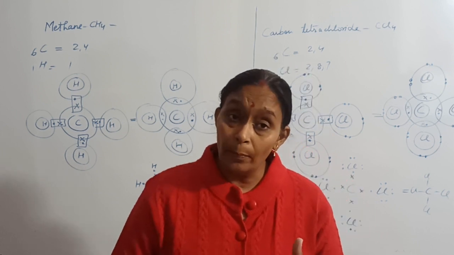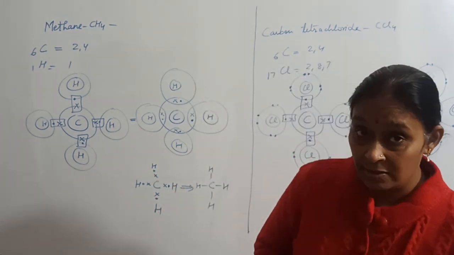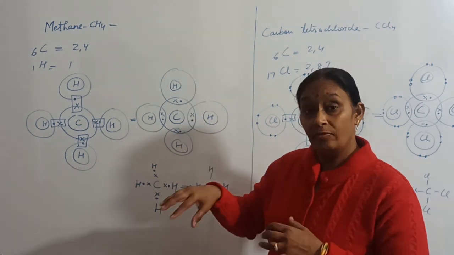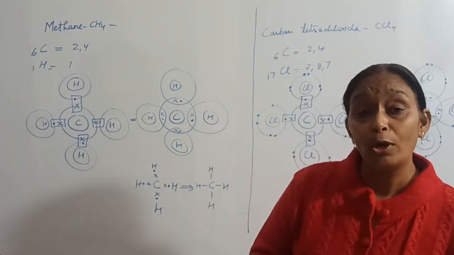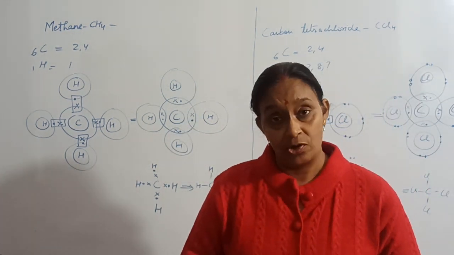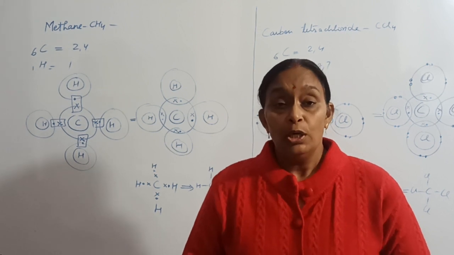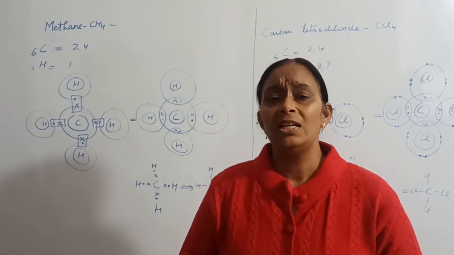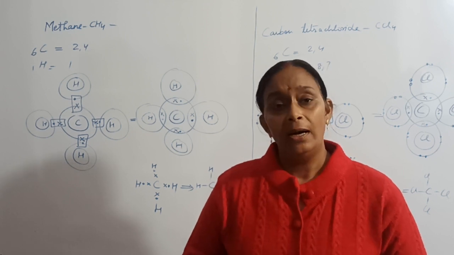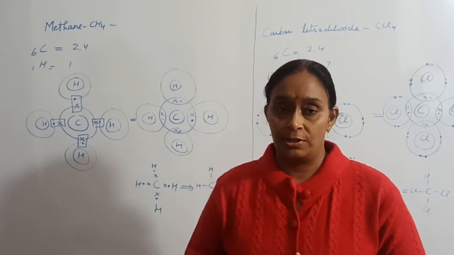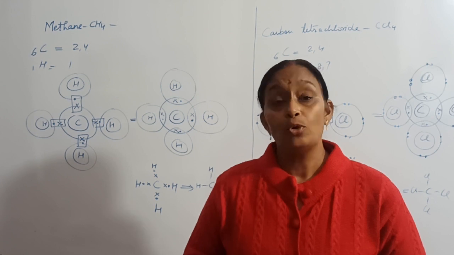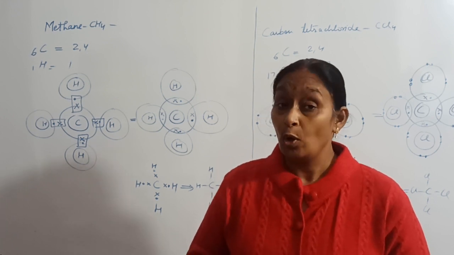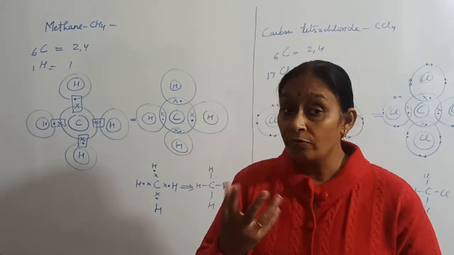While covalent compounds are not formed of ions, they are formed of molecules. The molecules do not have strong forces of attraction. They have weaker forces. So covalent compounds, if they are solids, are very soft solids, and otherwise they exist in liquid or gaseous state. Covalent compounds also do not conduct electricity because they have molecules, no free ions.